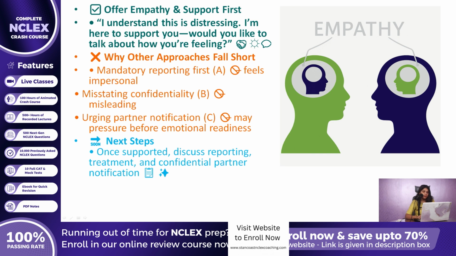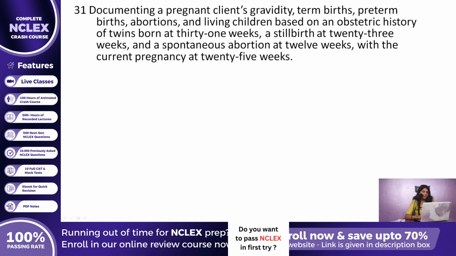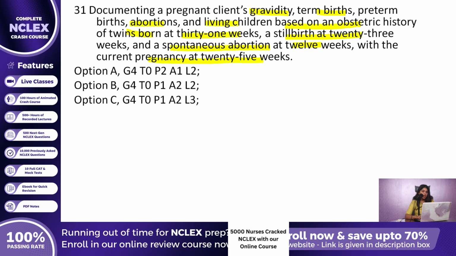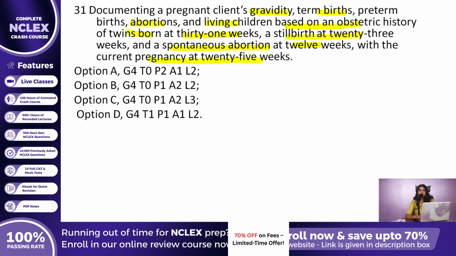Lastly, question 31 involves documenting a pregnant client's gravidity, term births, preterm births, abortions, and living children based on an obstetric history of twins born at 31 weeks, a stillbirth at 23 weeks, and a spontaneous abortion at 12 weeks, with the current pregnancy at 25 weeks. The options are option A, G4T0P2A1L2, option B, G4T0P1A2L2, option C, G4T0P1A2L3, and option D, G4T1P1A1L2. The correct answer is option A,